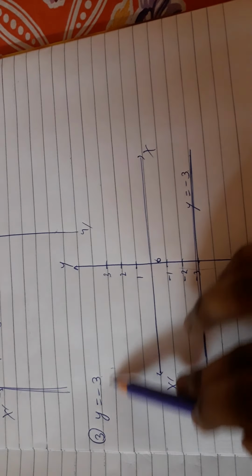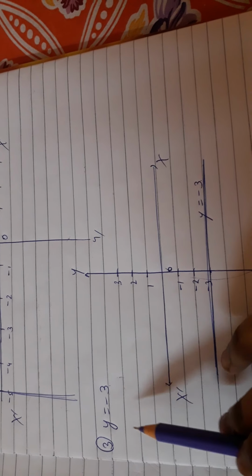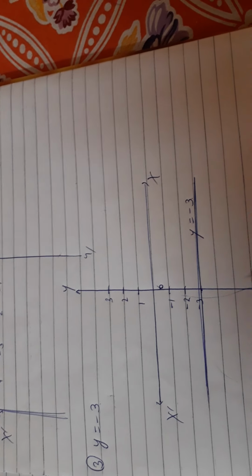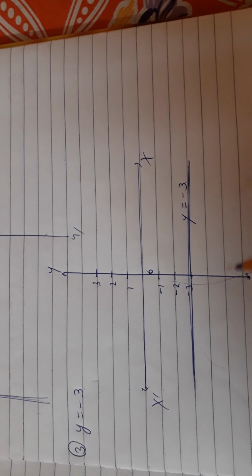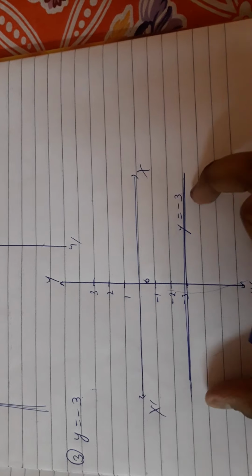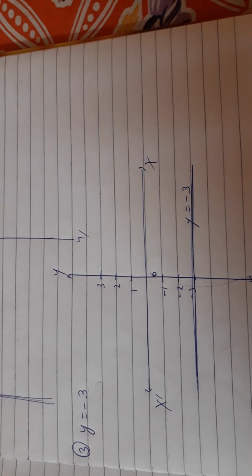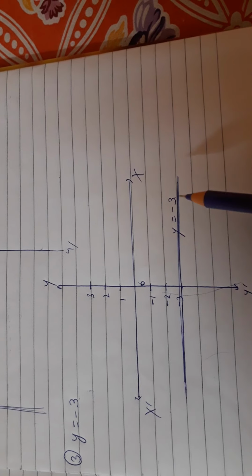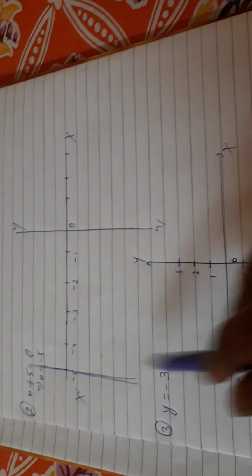So these are very simple graphs. Always just look at the equation. If it is given in terms of y, then find the y-axis, and if it is given in terms of x, then find the x-axis. Then find the value which is given to you, and you can easily find the line. Find the solution in the graph. Whenever the value is given in terms of y, draw the line parallel to the x-axis, and in the reverse case, whenever the value is given in terms of x, draw a line parallel to the y-axis.